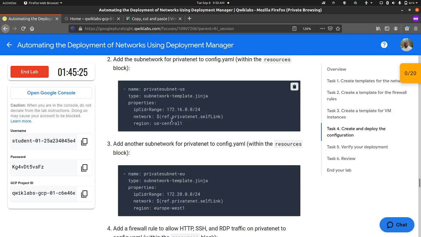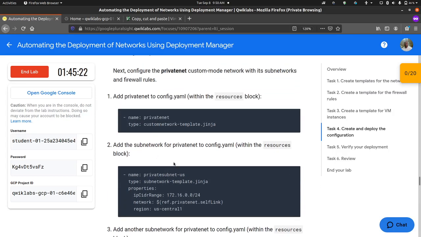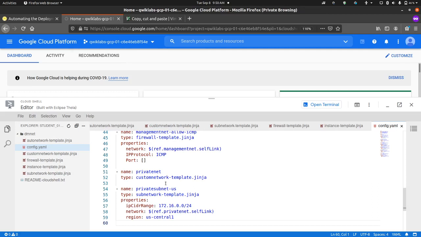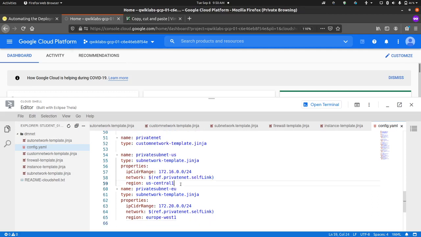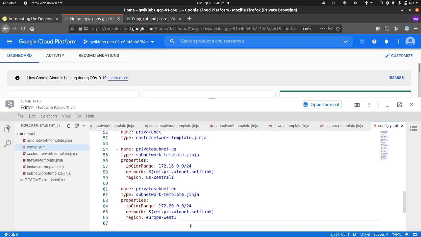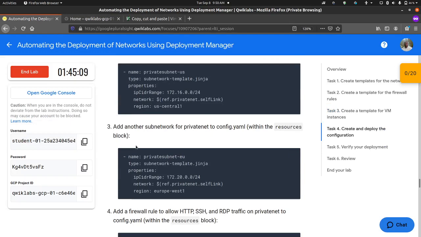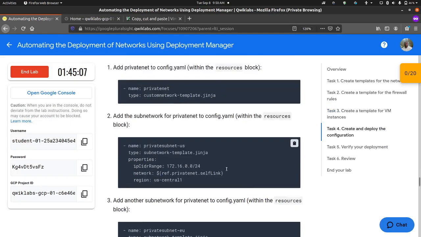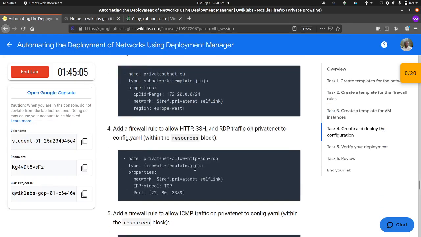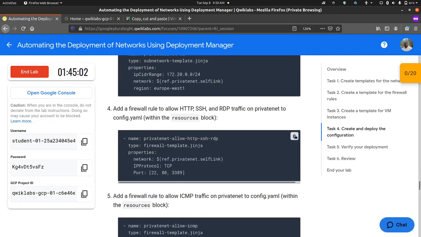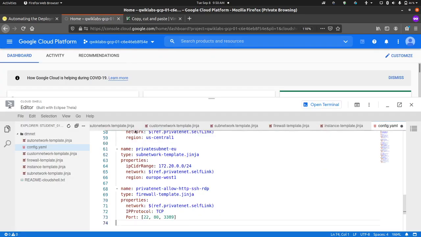So there are actually two subnets in this private network. Let's keep some space there. We've added two subnets, and then we add the firewall rules